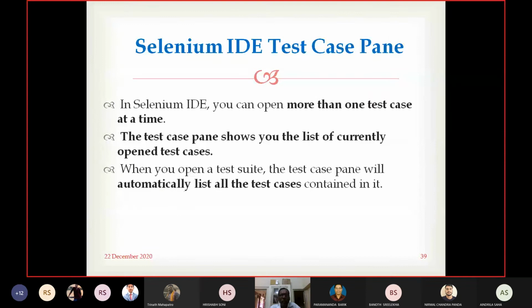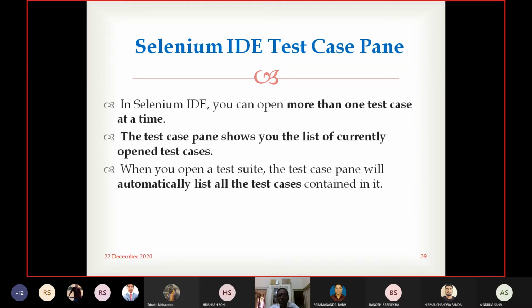In Selenium IDE, you can open one test case or more than one test case at a time. The test case panel shows you the list of currently open test cases. So however many test cases you have opened, the test case panel can show you.